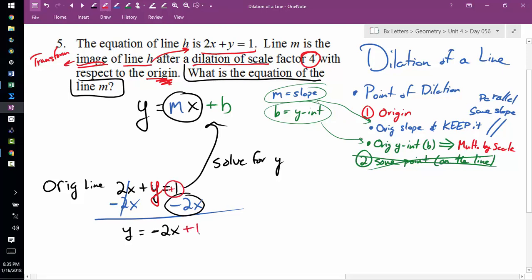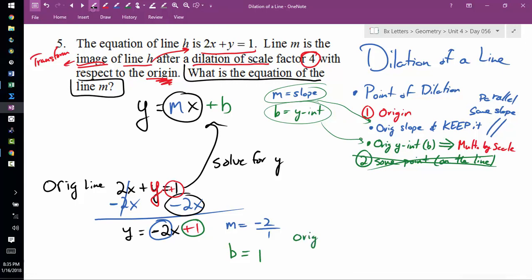And when I go to look at this, I know the number in front of x, the coefficient on x, that is my slope. My slope is negative 2, and we always write it as a fraction, so I can put that over 1. And then this number at the back, that plus 1, that is my y-intercept. And this is for the original. The new line, the dilated line,